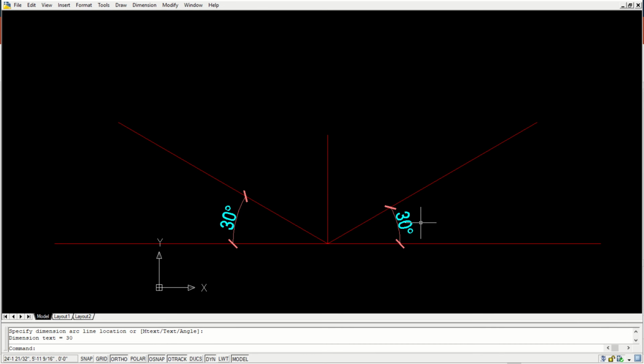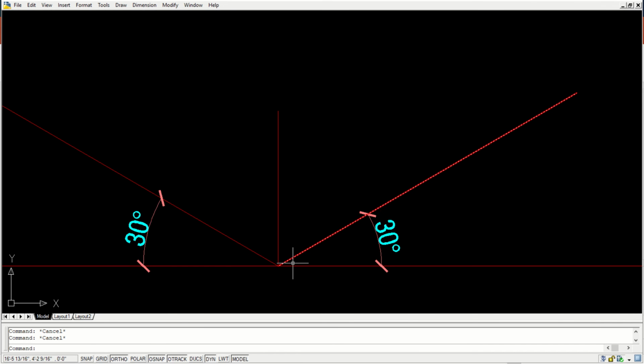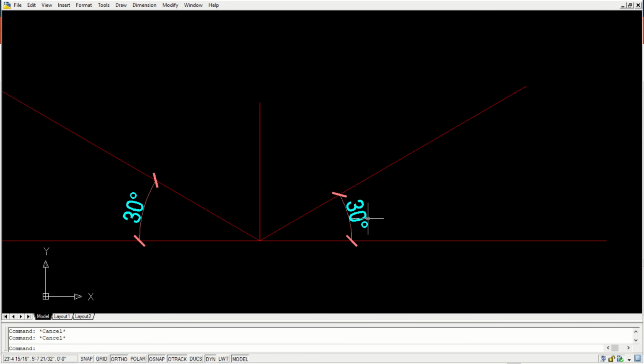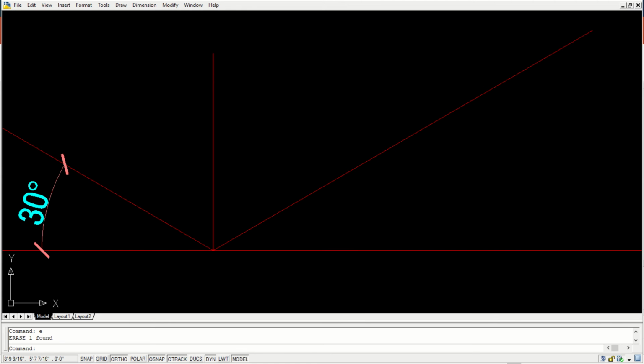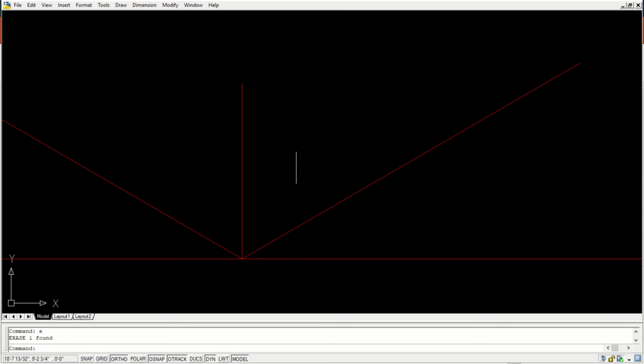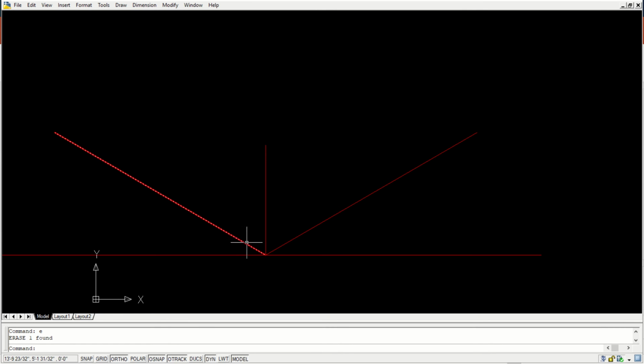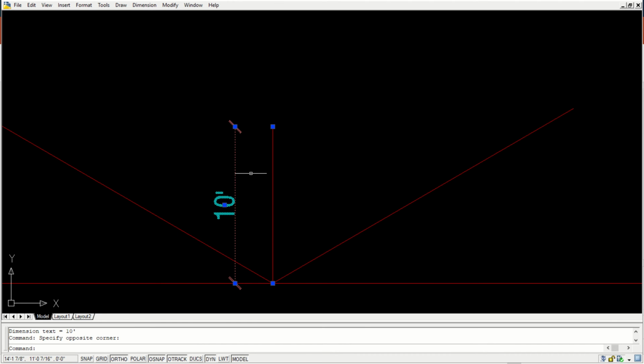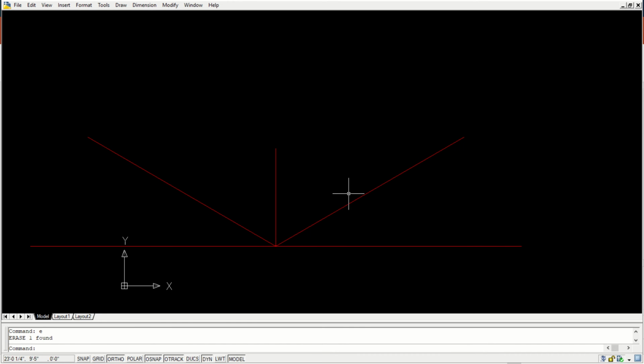Now let us say we have to complete this cube. What we need to do? First, we should know the length. For example, let us say we have this 10 feet, and we assume that this side is 20 feet and this side is 40 feet.